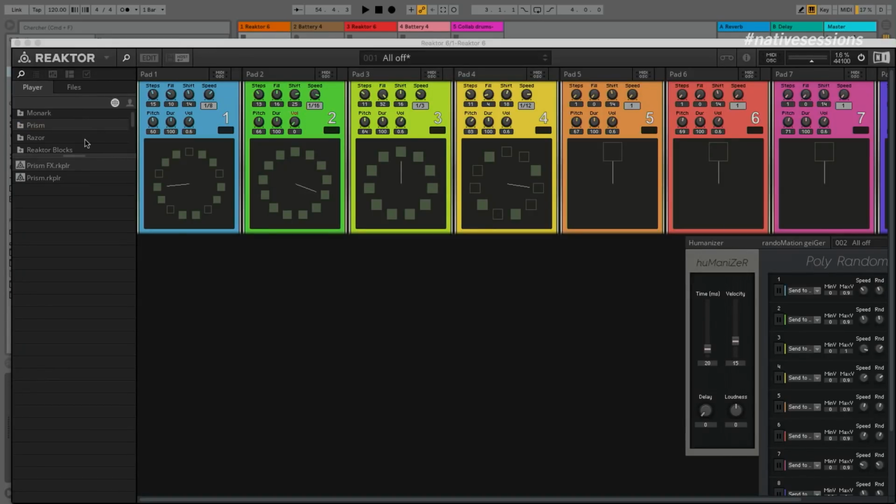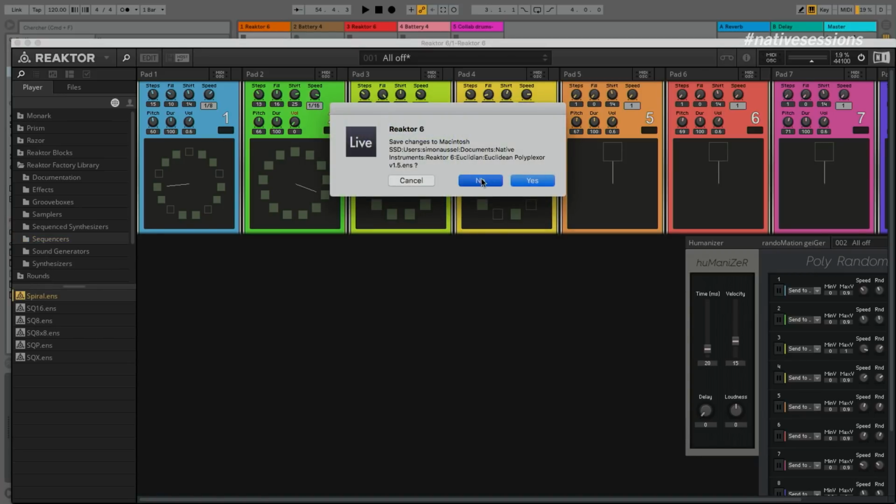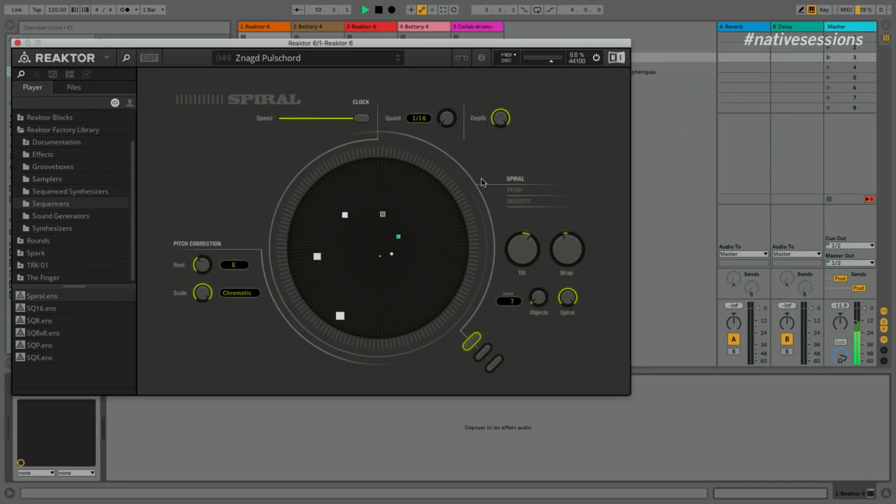another sequencer, because what is nice with REAKTOR is that you can have many different options. So for example, I'm going to use Spiral. And yeah, with the same drum kit, it's going to create new patterns as well.